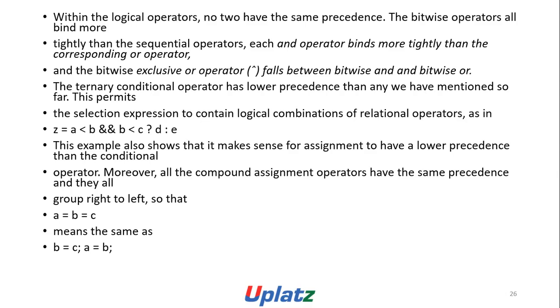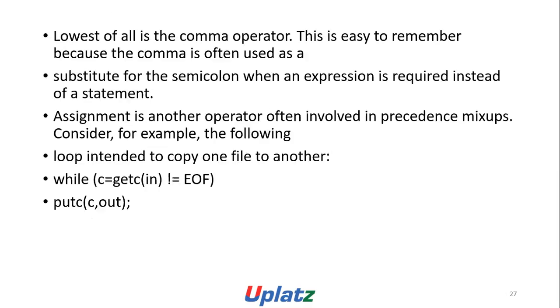This permits the selection expression to contain logical combinations of relational operators, as in z = A < B && B < C ? D : E. This example also shows that it makes sense for assignment to have a lower precedence than the conditional operator. Moreover, all the compound assignment operators have the same precedence and they all group right to left, so that A = B = C means the same as B = C; A = B;